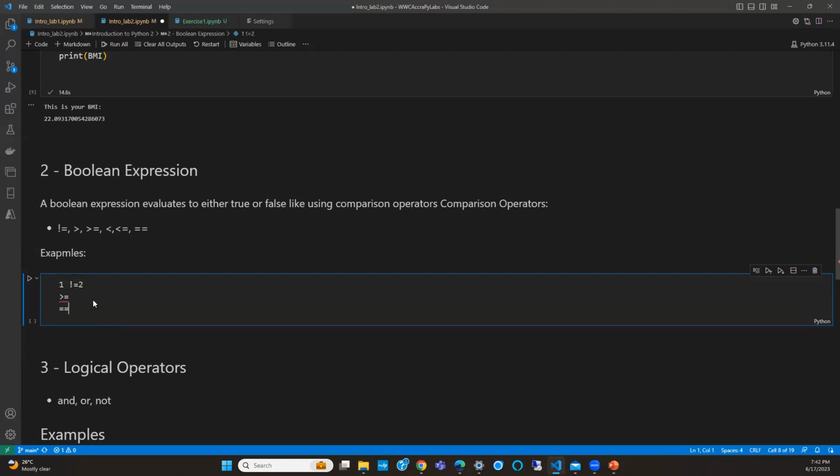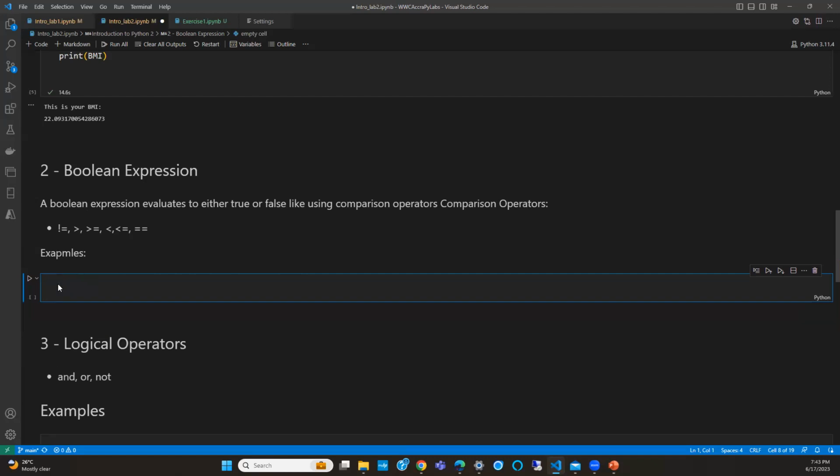Then we have the true equal sign, the double equal, to say that 1 is equal to 2. Remember that one equal sign means assignment, that is, when you're creating or assigning values to variables. So when you say 1 equal to 2, that's going to be wrong. This is an assignment statement, not a comparison statement. If you want to compare, you use two equal signs, like this. Just take note of those.